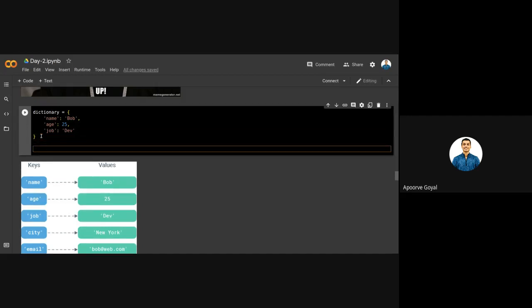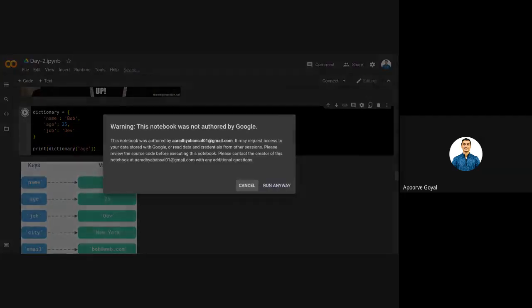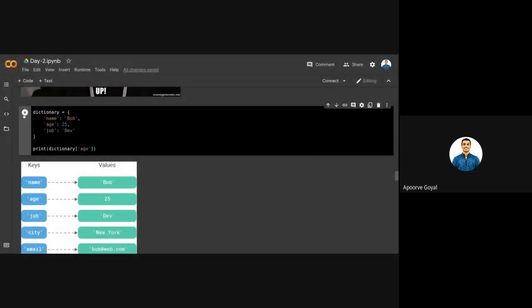Now suppose I want to extract the value of age. So I will write print dictionary, and here I will write age. Okay, just a second.